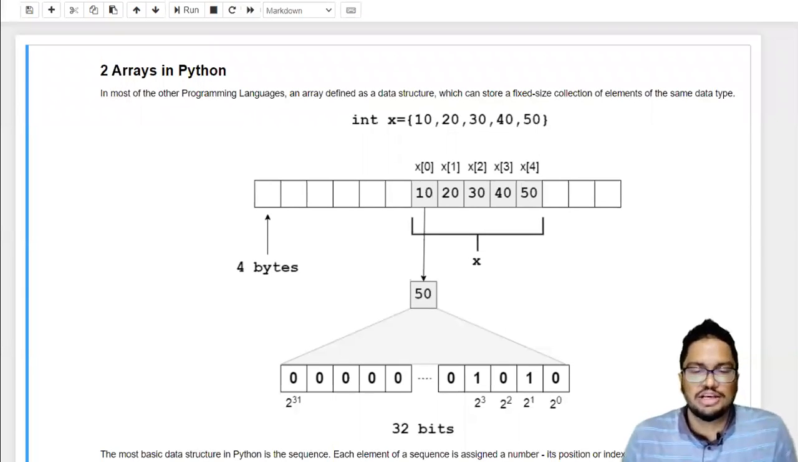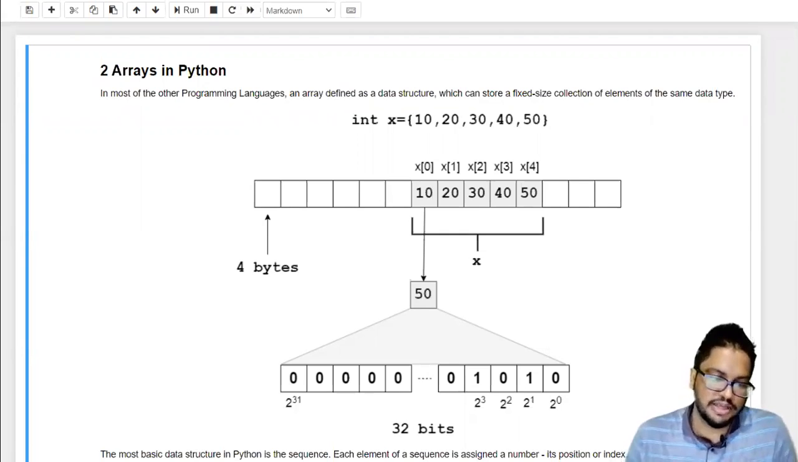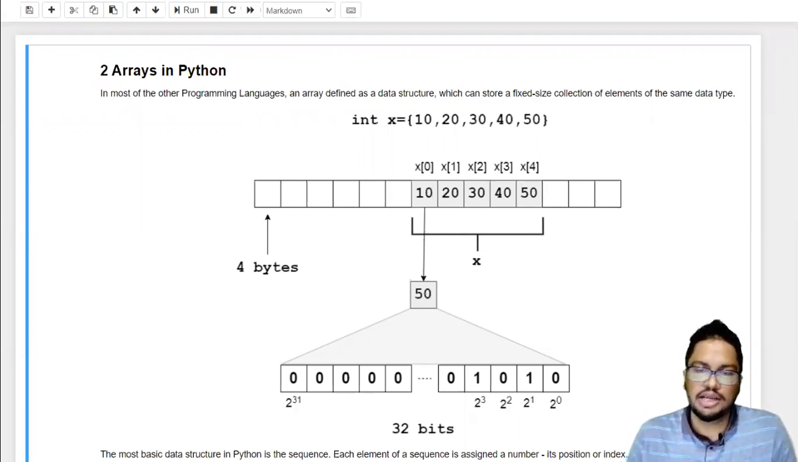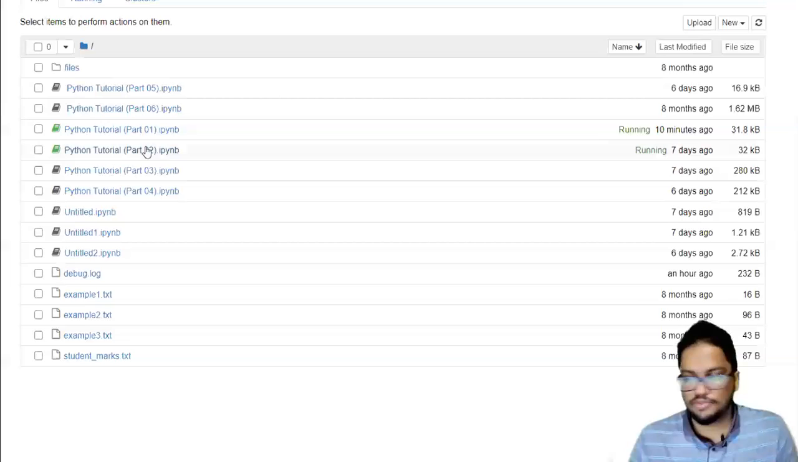Hello everyone. So last video we discussed the basics of Python and we started with numbers, strings and the input function in Python. Now we are going to move on to part 2 of our tutorial, and in this one we are going to discuss how arrays behave in Python and the types of arrays available in Python. So this is the file I'm actually going to discuss, part 2,